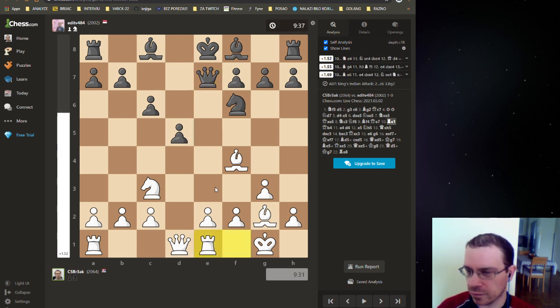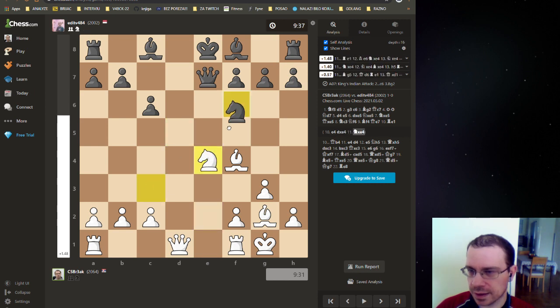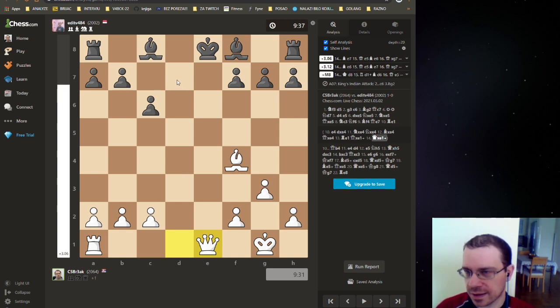Okay, rook e1, not a bad move. I wanted to prepare it because I didn't want to give him a rook for the queen. Take, take. This is what I have in mind. White is a piece up. 1, 2, 3, 4, 5. 1, 2, 3, 4. And with this, although I have the queen for 2 pieces and an attack, I still